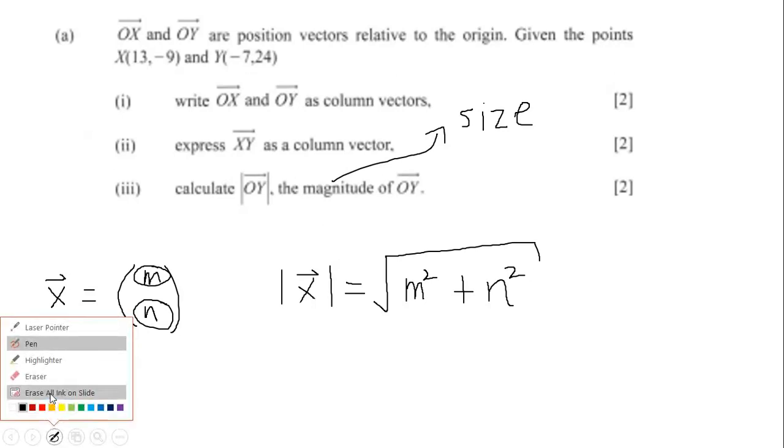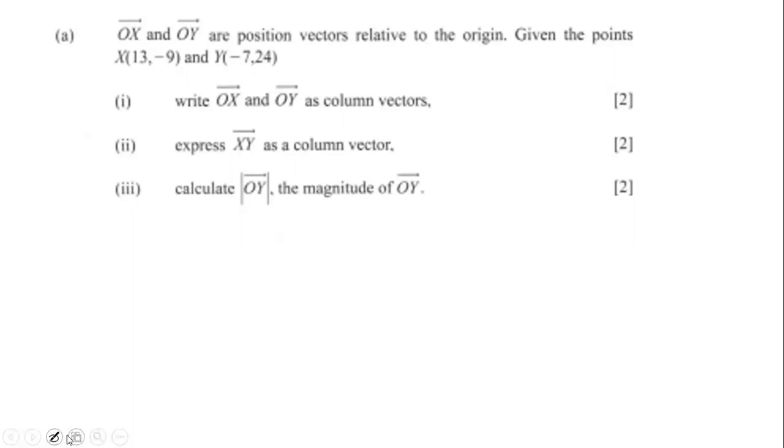And so let us do that. So recall, or remember, that the vector OY is equal to -7 and 24. And so if we want to find the magnitude of the vector OY,